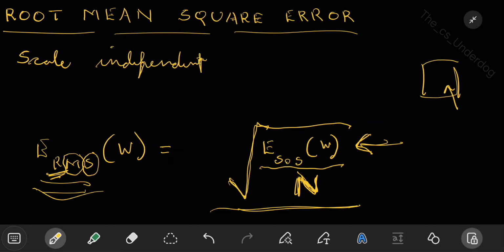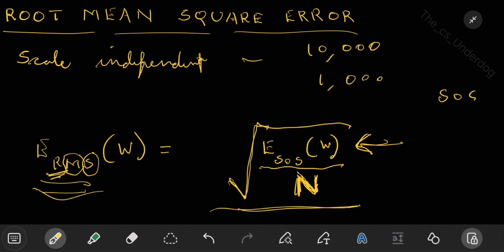Because you can have different types of data sets, but here you are dividing the whole value by n, which means if you have 10,000 different points in one data set and say only 1,000 different points in the second data set, if you are using sum of squares error,